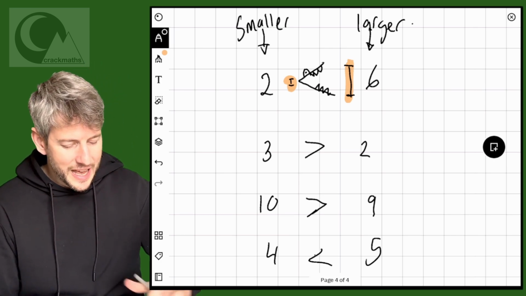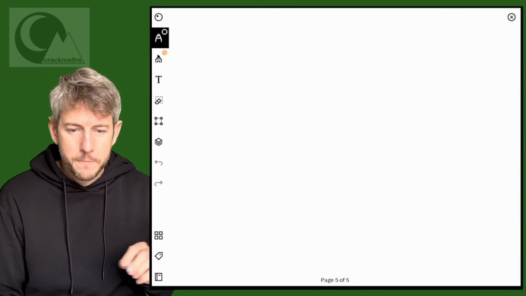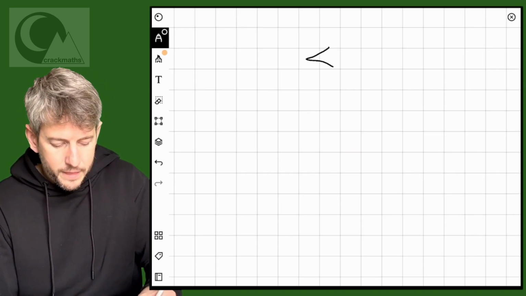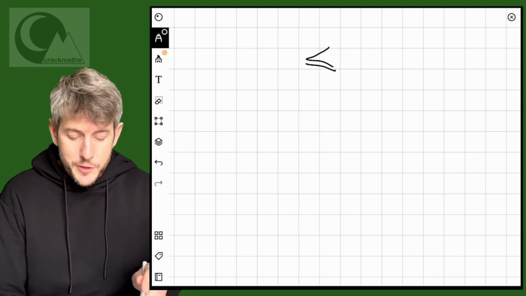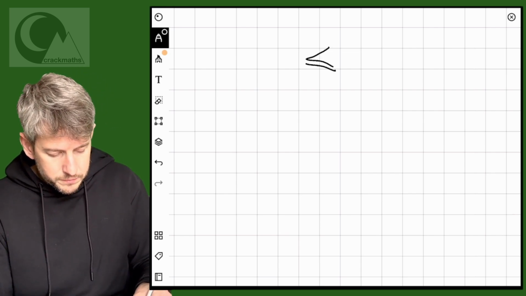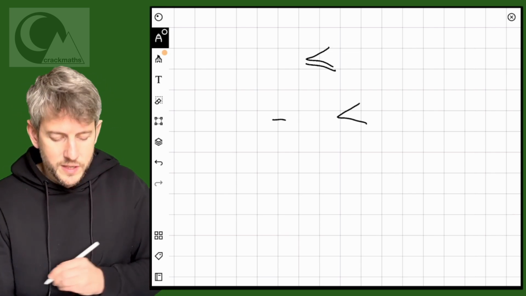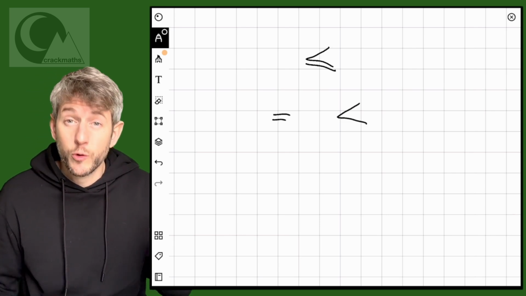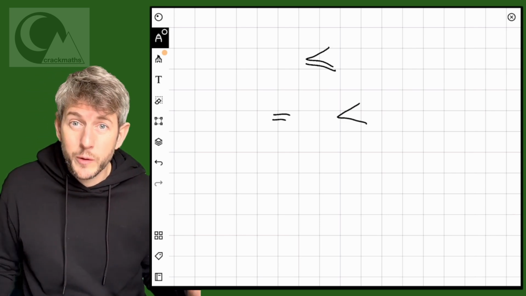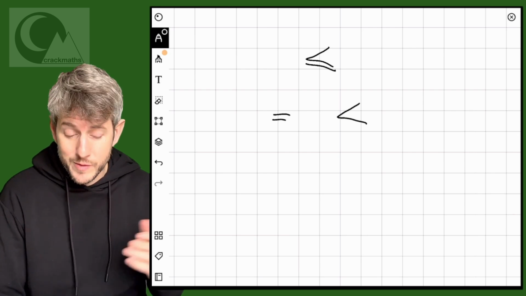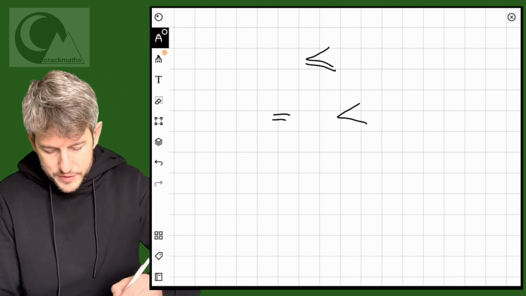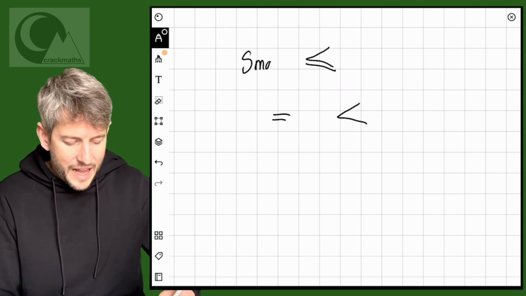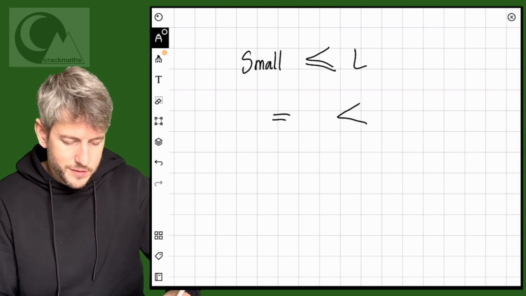Let's have a look at some other symbols like this. The other one you'll notice is when you've got it like this here. Now this is trying to combine our crocodile with the equal sign. This sign means greater than or equal to, or less than or equal to, depending on which way round it's going. So remember, the small thing will go here,